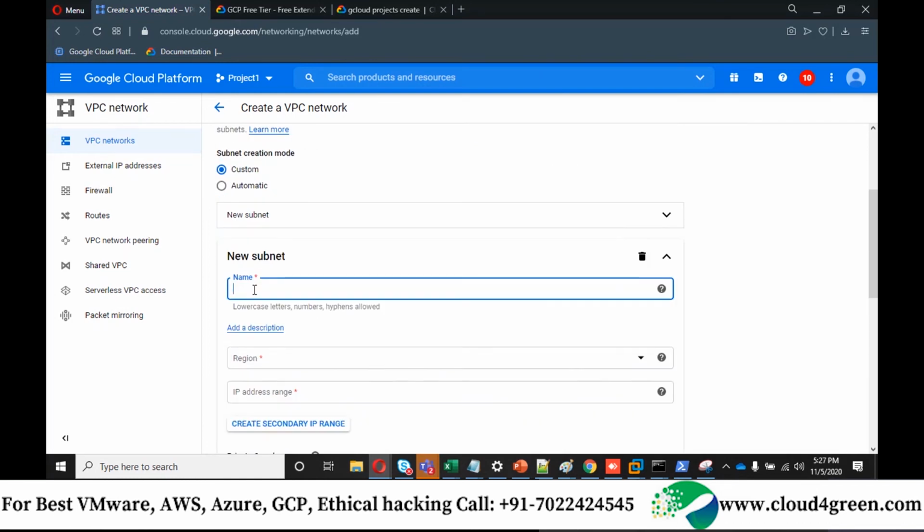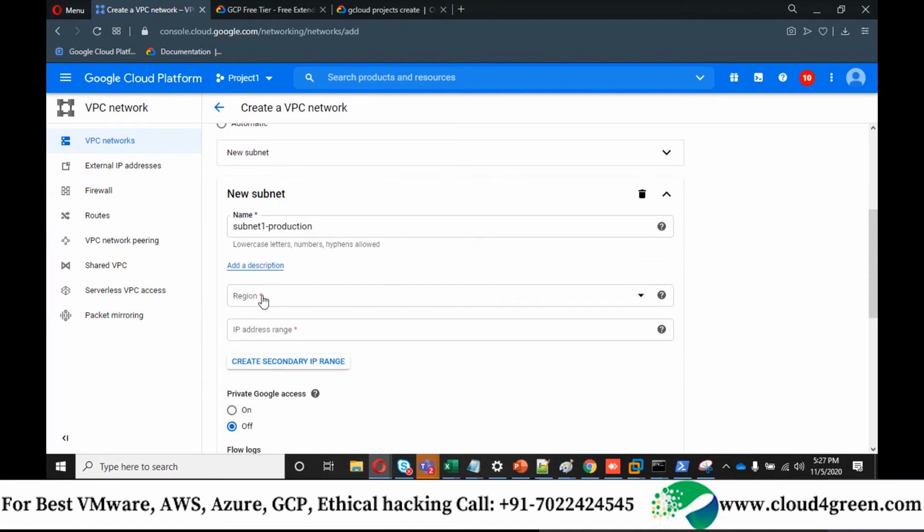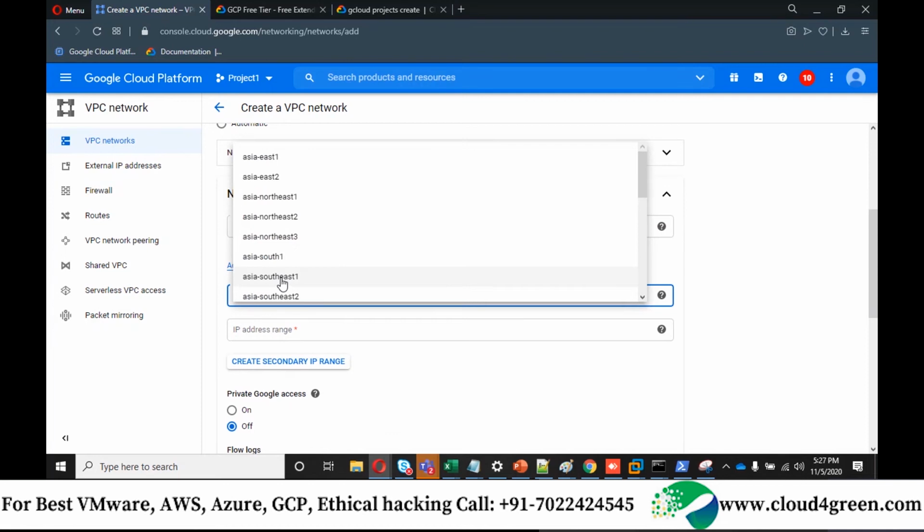Name of your subnet, you can call it as subnet 1 hyphen production. So I should use lowercase subnet 1 hyphen production. Okay, region, you can see Manipal team have restricted us to use either east or west regions, example US East 1 or US West 1. For project 1, please use US East 1